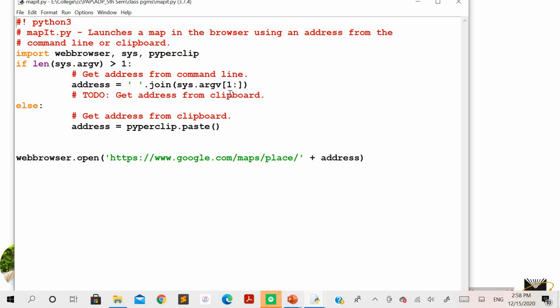So what is the 0th value here in this function? The 0th value is nothing but the name of the program to be executed. So the program that is going to be executed will be stored in the index value 0. So excluding that, you just want to extract the rest of the address, that is nothing but the address which you want to locate from the Google Map. So that needs to be extracted, and which is going to be joined in this variable known as the address